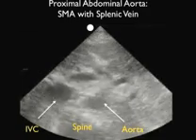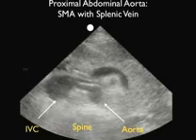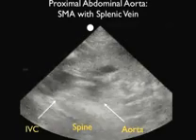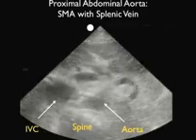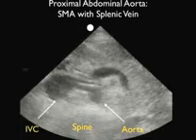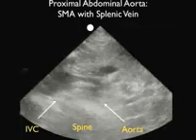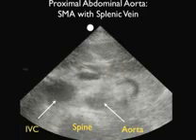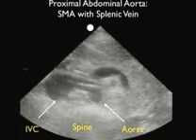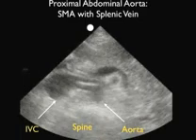Let's take a look at the branches of the aorta, and we can see the many branches, the celiac axis, as well as the SMA. Here's the celiac axis, the seagull sign, and there goes the SMA with the splenic vein wrapped on top. So celiac, SMA, splenic vein, and what's interesting is when we freeze this image down, we can actually see the SMA